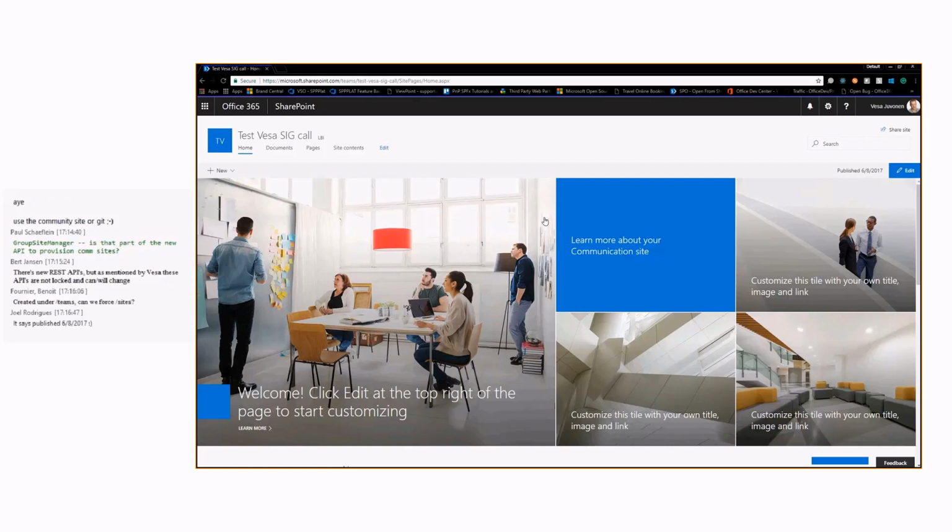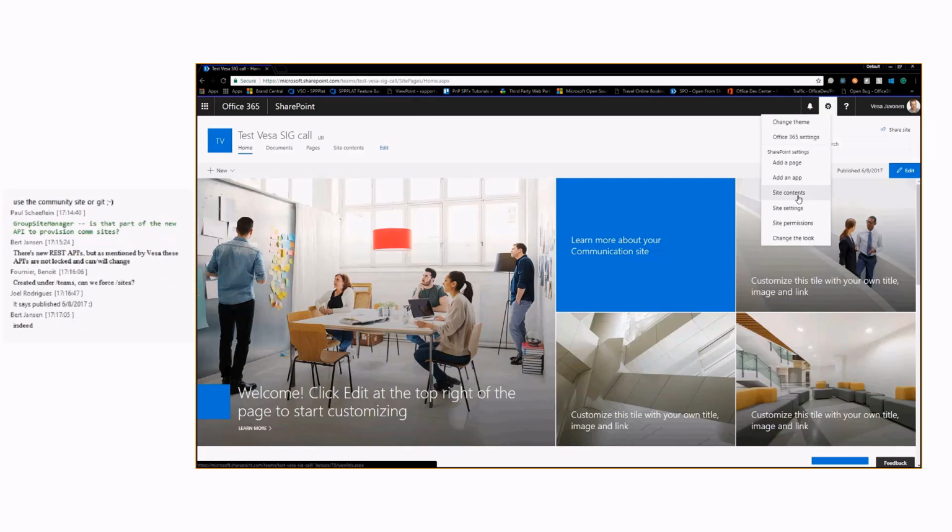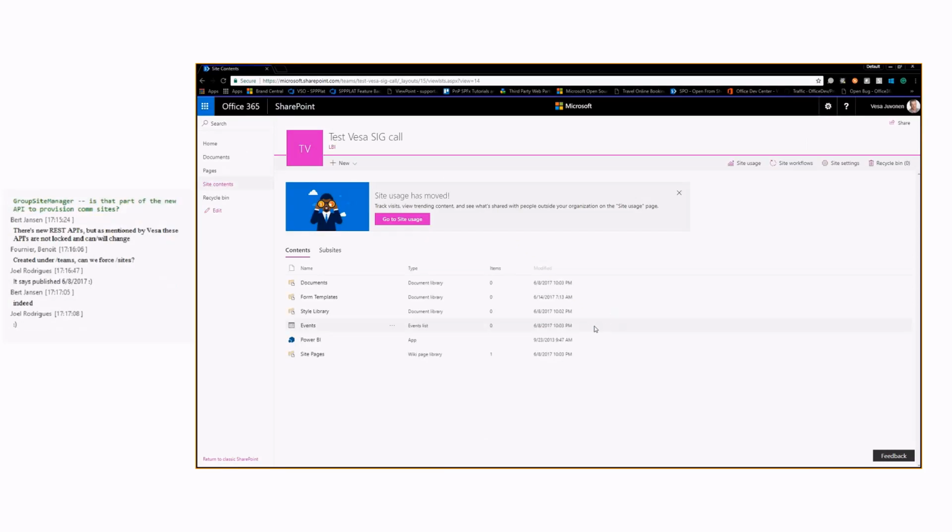Where is it saying published? That's actually interesting, because I just created that. Let's go to the site contents. Interesting how the dates are. The form templates are matching the time of my operation, which was 13 minutes past current time. Documents was modified on that time, and these are essentially the reason why these look slightly wrong now is part